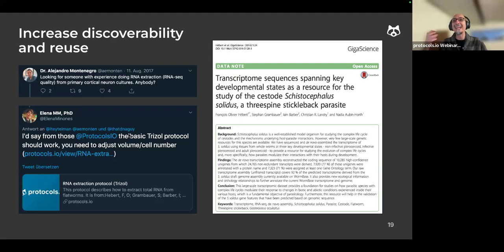But this protocol is actually part of a paper that was published in the journal GigaScience. Now, interestingly, the paper was about a fish parasite. So the chances of researchers working on primary cortical neurons in culture finding a paper on a fish parasite as a means of finding a method that would work for them seem really slim.